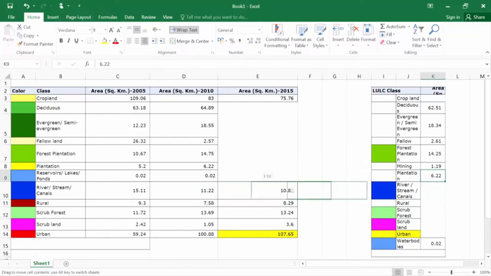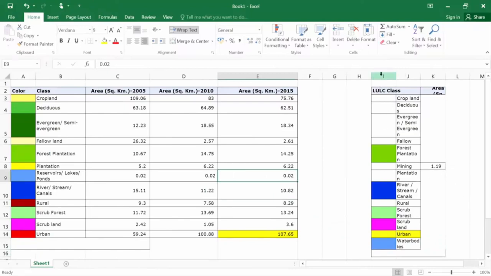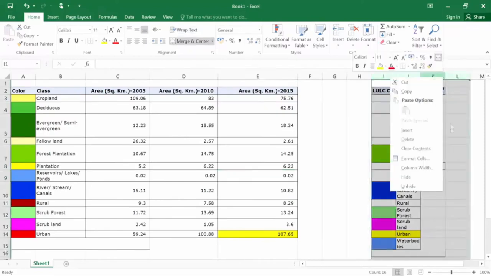Now what you can do, you can try the same thing for your city as well. Okay, so like forest also I am seeing here, it is giving some different kinds of figures here, then fallow land, it is remaining same, but since our interest is towards only one class, so this is water body here, let me take this water body to over here. Mining is not there, so mining has increased. Basically in 2005 it was not mapped, but in 10 it was mapped, 15 also it was mapped, and this number also increased here. So I can just delete this.